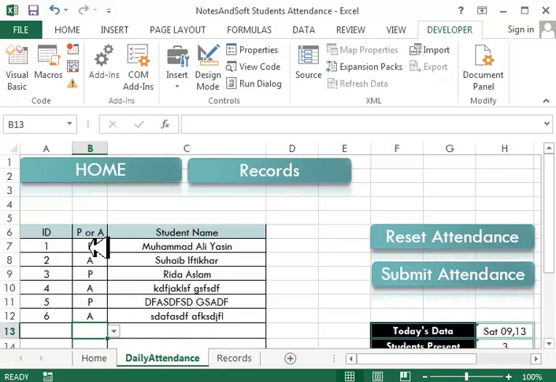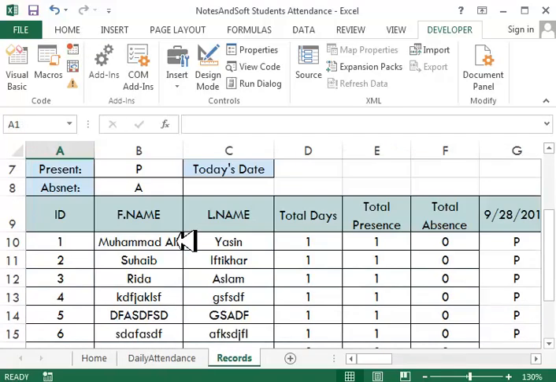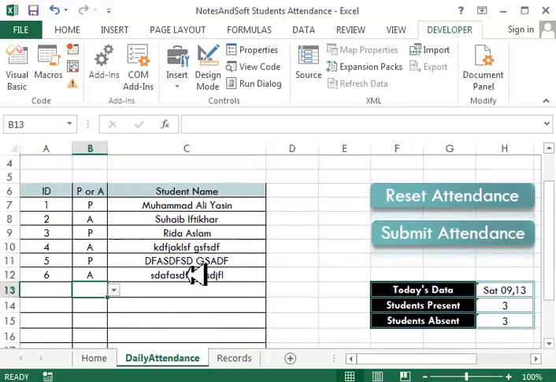Okay, present, absent, present, absent, present, absent. So what to do now? The thing we'll do now is record a macro again, and that macro will be, what did I do? Yeah,